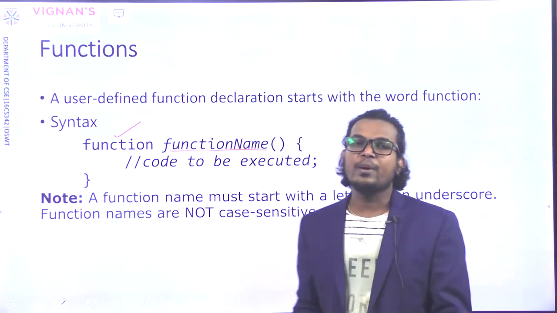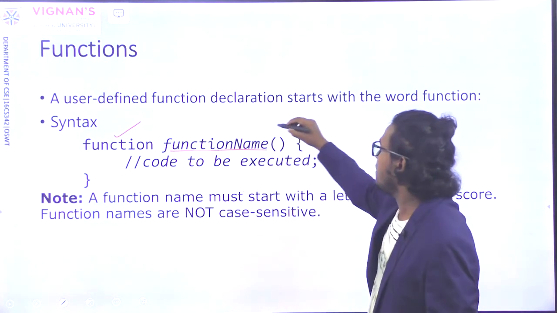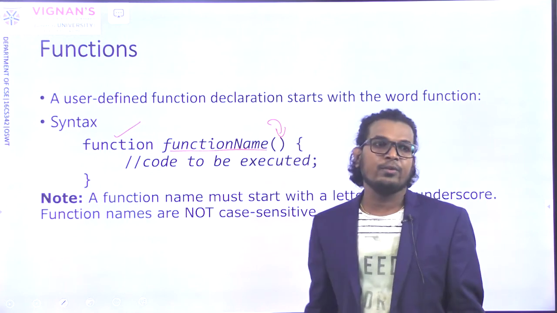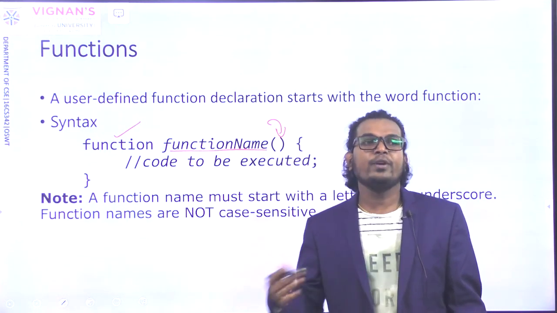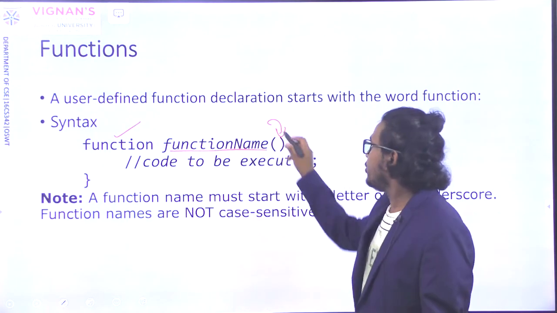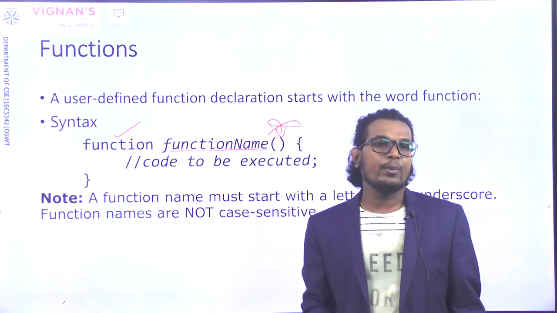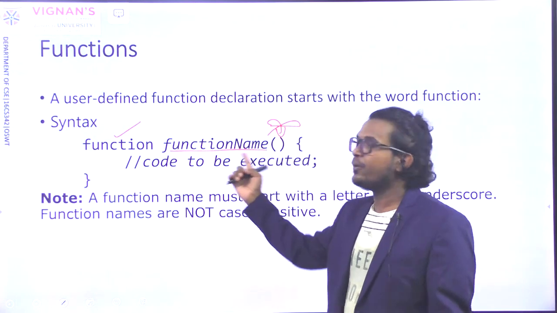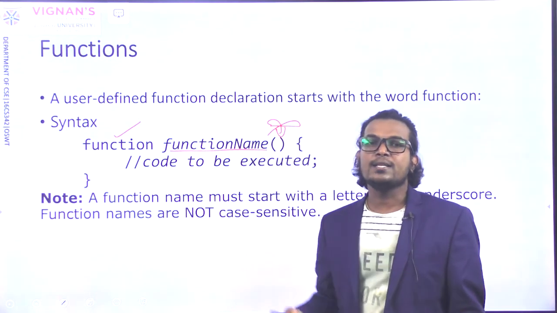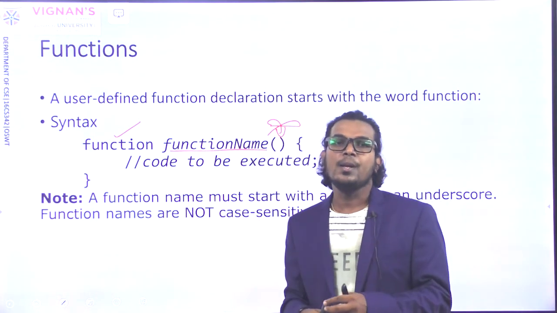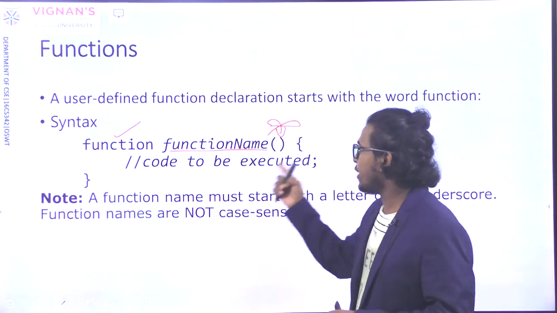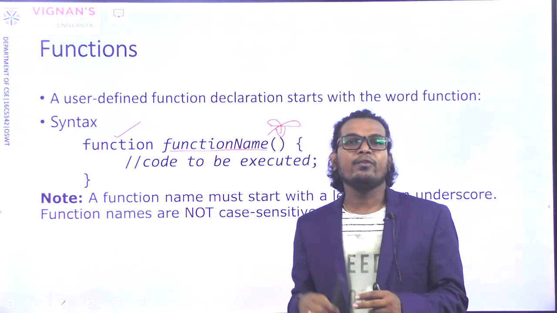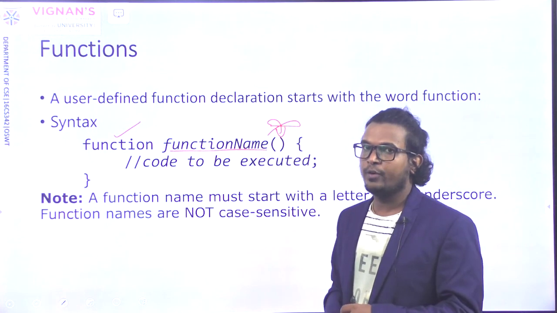If you have any parameters you want to pass, you can pass them in that particular function if it is a parameterized function. If it is a non-parameterized function, you need not pass any parameters. Based on your requirement you create the function. If you want to pass parameters, it is called a parameterized function. If you are not passing any parameters, it is called a non-parameterized function.